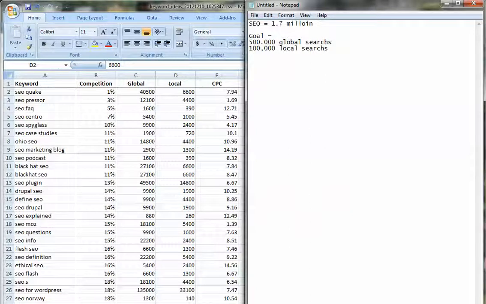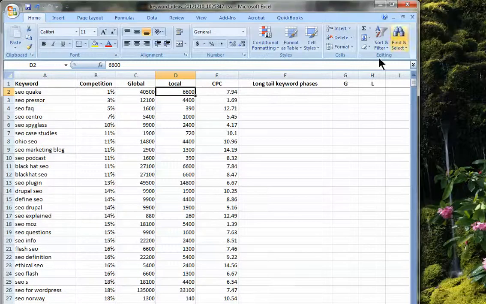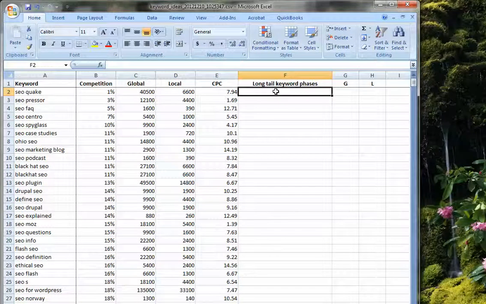Okay, so how do I get that? Well, let's say I want to use this keyword phrase. The name of the article is A Broad Overview of SEO. So I might say something like "SEO helps drive traffic to your site."